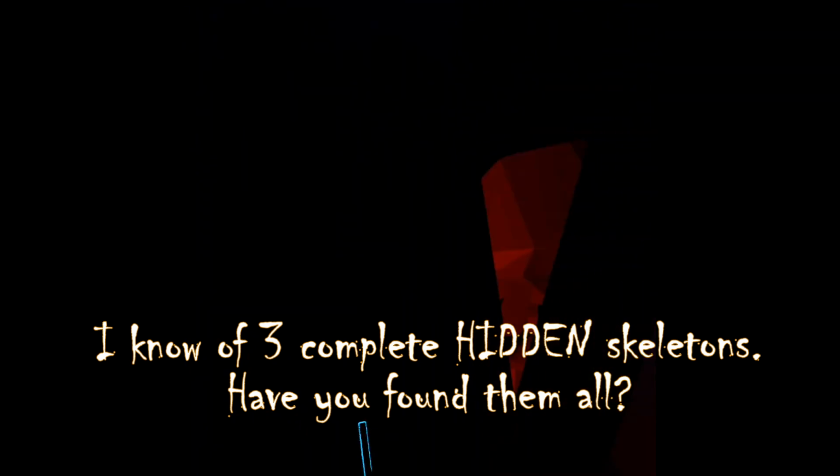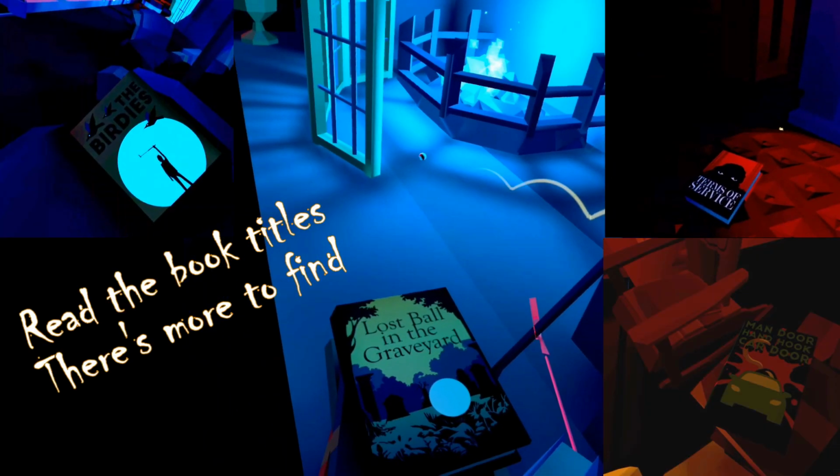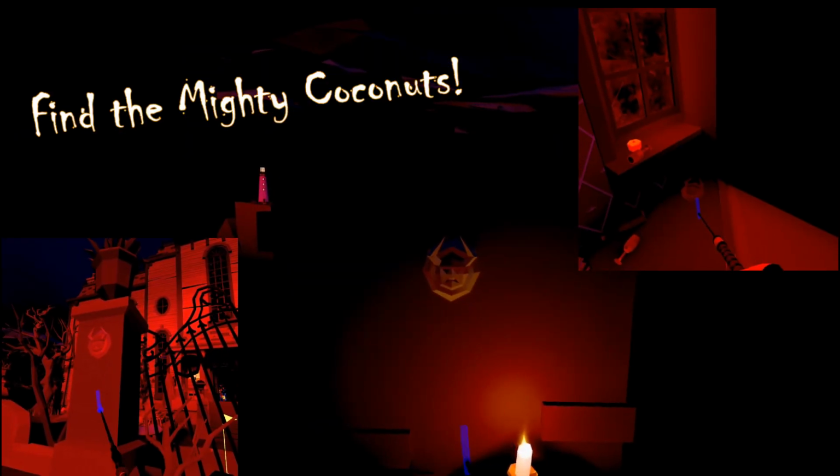Of course there's a couple of obvious skeletons that are easy to find, but there are 3 completely hidden. Don't know if everybody's found them all. So many books. Oh my god, go read the titles. They're great. And you can try to find the Mighty Coconuts in all the levels, actually. And this guy. How did they catch that? Seriously. Back on the